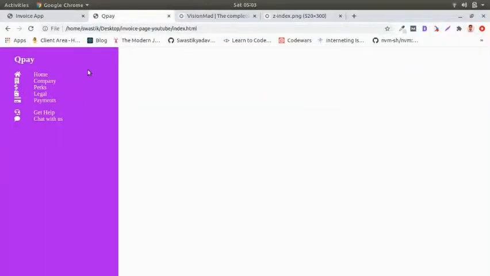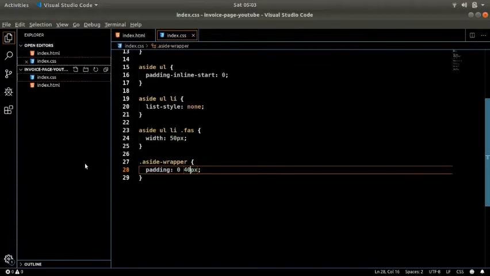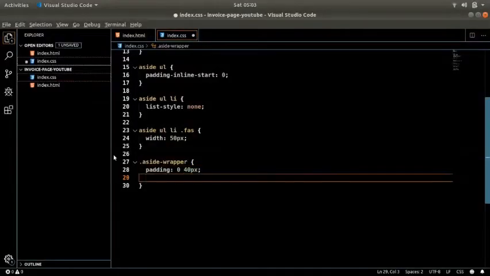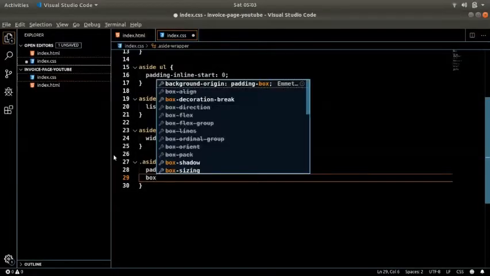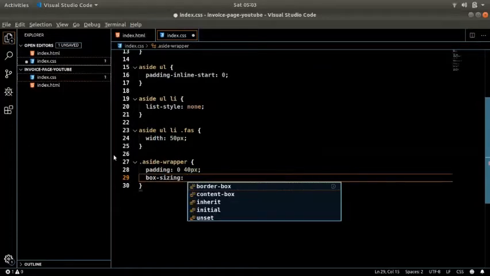And there we go. It added the space on both sides, but it also increased the width of this sidebar. That is because by default padding is additive in nature. Whatever padding you add will be added to the entire width or size. In order to overcome that, we set box sizing to border box.